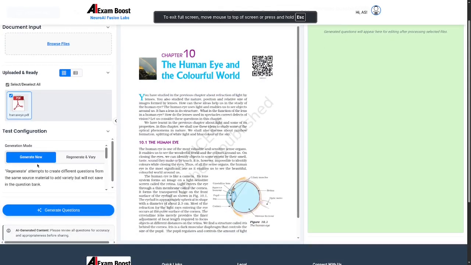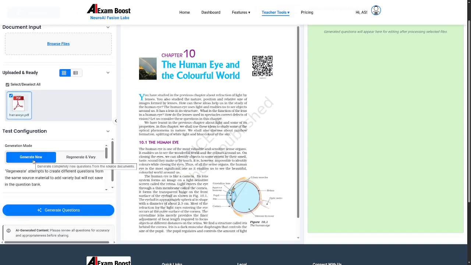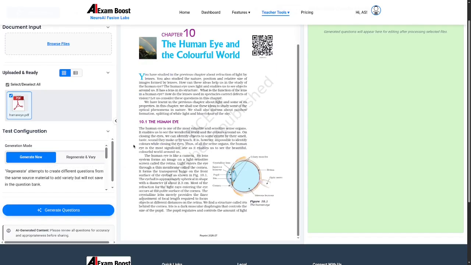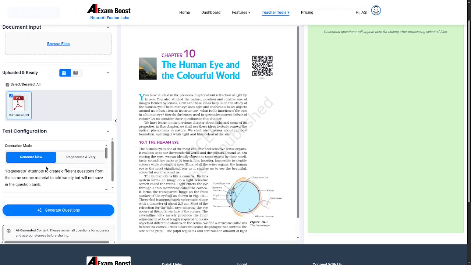So as you can see here, you have two options: generate new and regenerate and vary. Okay, so it can be that you have created 10 questions from this PDF. Now you want to create another 10 questions that are different from these 10 questions. Then we will use the regenerate option. For now, since I have never created any questions from this PDF with the system, I'm just going to click